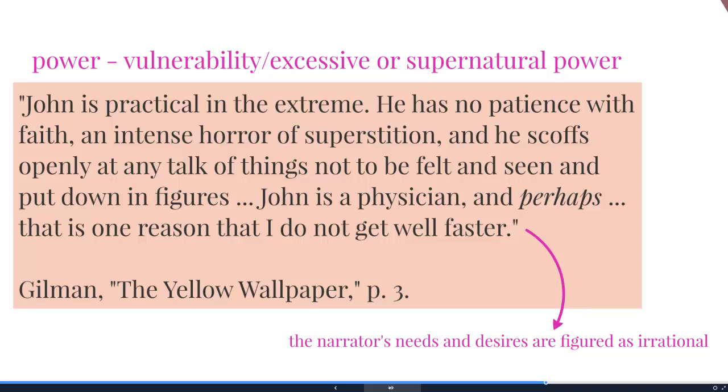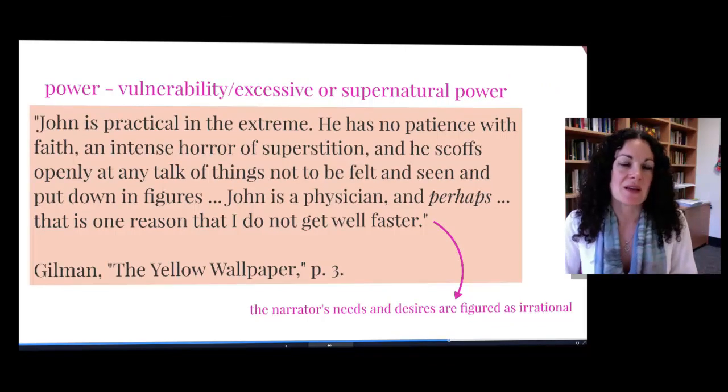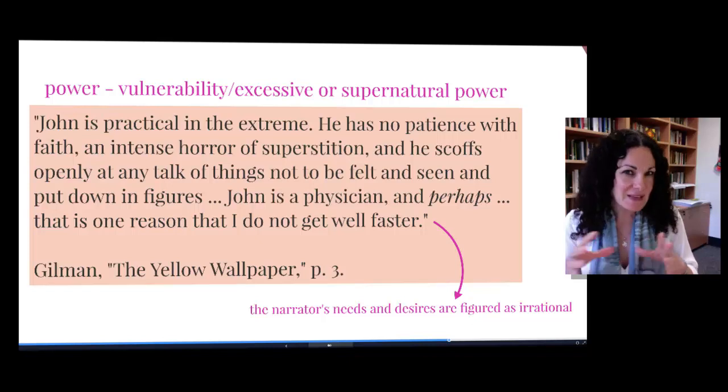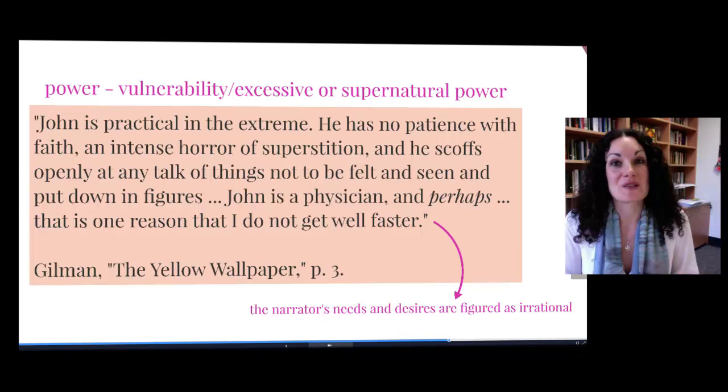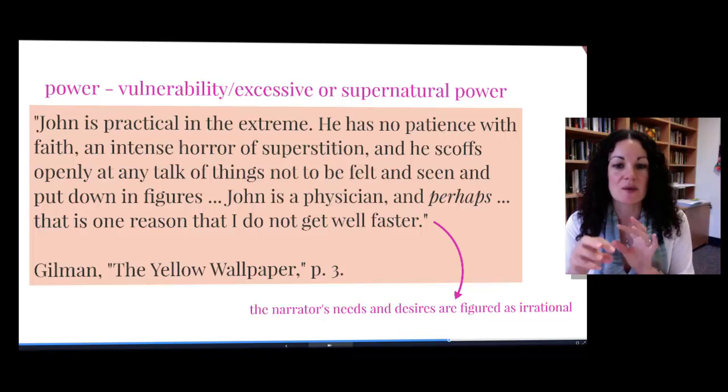get well faster. So we can see there's a clear kind of imbalance of power in the story, particularly between the narrator and this kind of male figure of John the physician and the husband. Now again, because the narrative is a little bit unstable, it's always a little bit ambiguous. Is John this kind of monstrous figure, or is he actually some kind of husband who thinks he's doing well by her or caring for her in particular ways? And even the narrator herself wavers between these two things. She will talk about John as being wonderful and looking after her, and then she'll make these comments like we've just seen here, where she actually thinks he might be the reason that she's not getting